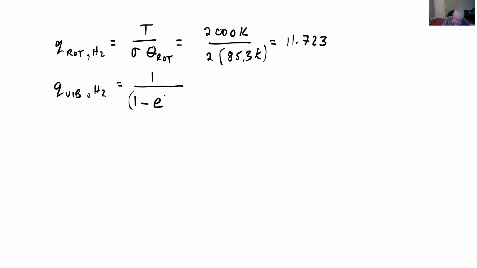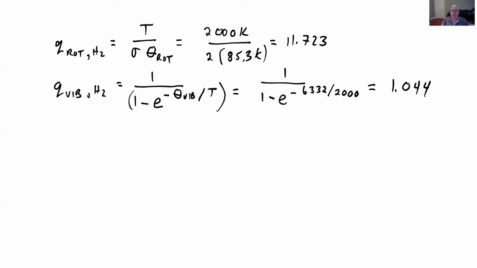E to the minus, this is theta vibration over T. And so here that gives me 1 over 1 minus E to the minus 6332 was the theta. It's relatively high for as molecules go. Over 2000. Both of those have units of Kelvin, so I'm just going to leave them off since I didn't write the first one. I do that and I get